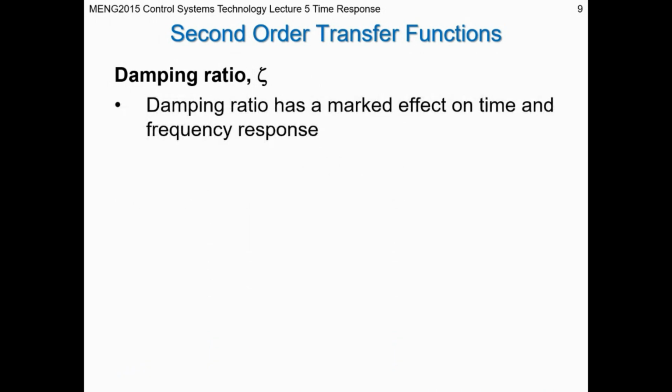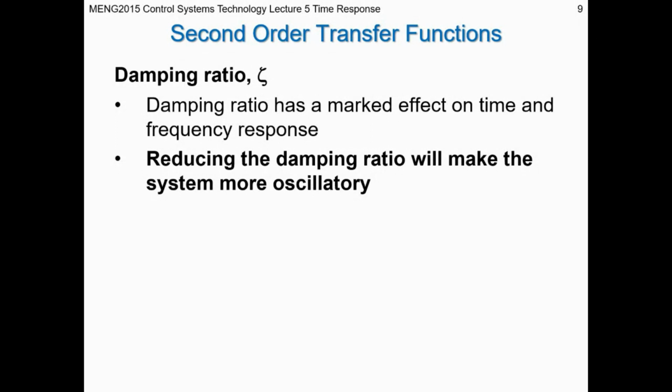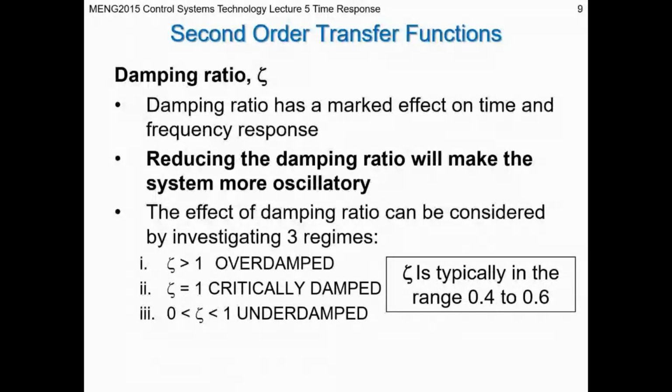So let's look at our damping ratio now. And our damping ratio does have a very significant, obvious effect on the time and on the frequency response. Reducing the damping ratio will make the system more oscillatory to a level that we just looked at. If you have a 0 damping ratio, the system's purely oscillatory, it's marginally stable, and it's just oscillating in simple harmonic motion. If we increase our damping ratio from 0 to 1, that gives us what's called an underdamped system,